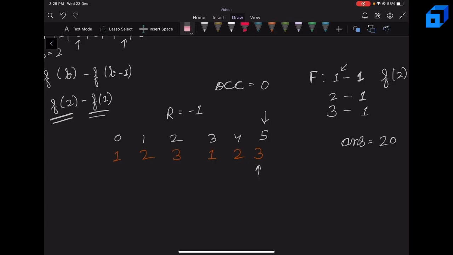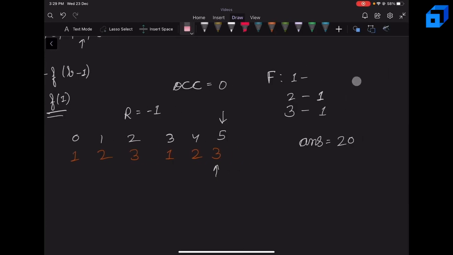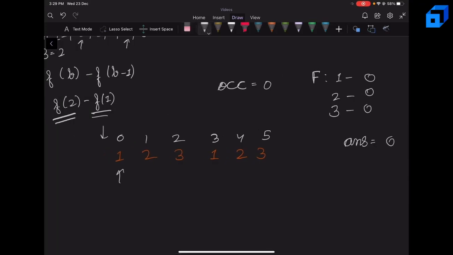So we will again set r as minus 1, and the frequencies of all the elements will be 0 initially: 0, 0, 0, and answer is also 0. So currently left pointer is at 1 and right pointer is at minus 1. So we can actually take r plus 1 value, that is 0th value, because that will increase the frequency of 1 to 1 but won't change the occurrences and won't exceed 1, right? So the frequency of 1 will be 1 and occurrence will be 0.